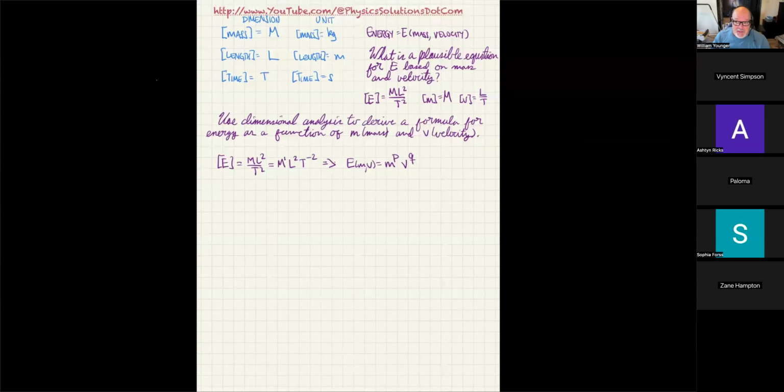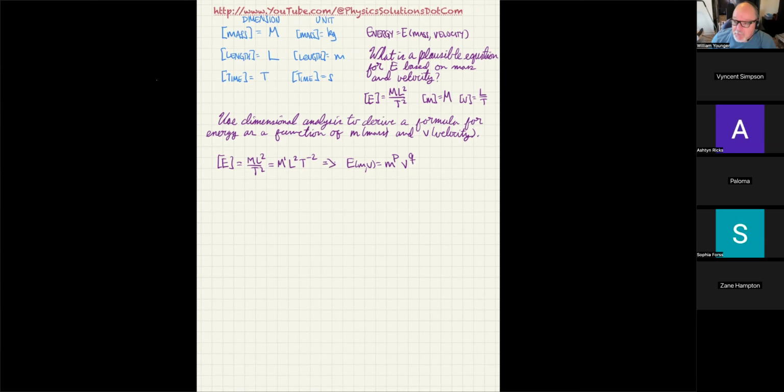I can multiply them and I can divide them, but in writing it this way, the q could be a negative quantity, in which case I'm dividing mass by velocity, or the q could be positive and the p could be negative, in which case I'm dividing velocity by mass. So this covers all the ways you could multiply them or divide them. And if it had multiple terms, if they both included m and v, they'd still have to be of the same form as this. So this is the most general expression that I can write for an equation that is related to only mass and velocity and gives the energy.